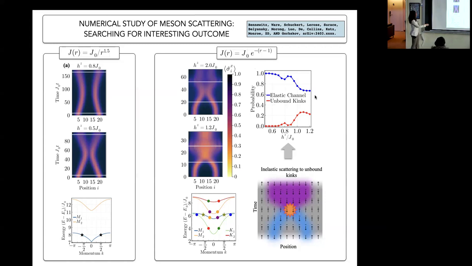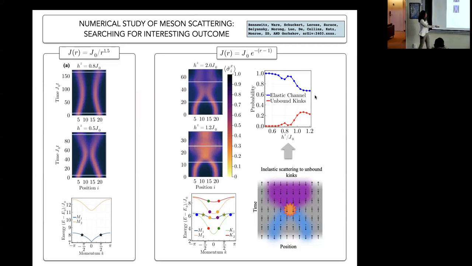Okay, so that's very simple. In experiment, you can actually detect them pretty easily. So even if you have errors that you're worried about, it turned out this is a very robust signature because you have the kinks, and the kink is like all the spins are all of a sudden finally in the opposite direction. So even if you have a few spin flips error, you can still have pretty high fidelity observation for these inelastic channels. And pretty high probability too, about 25%. So we're excited to actually observe them in experiment.